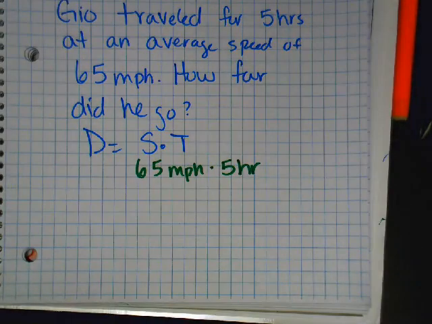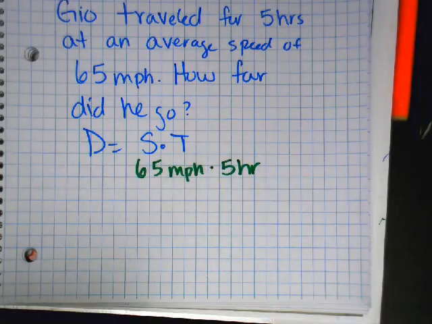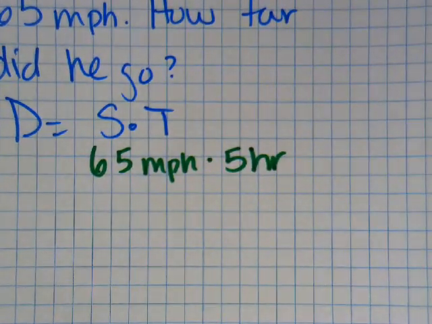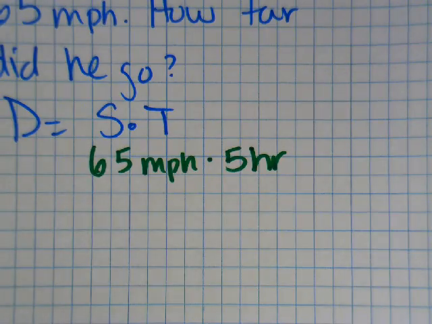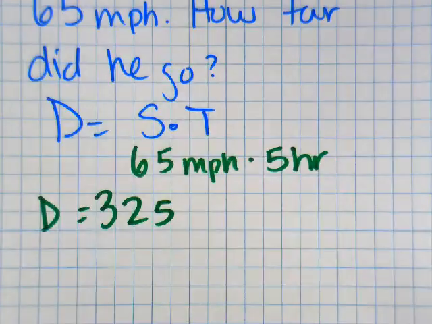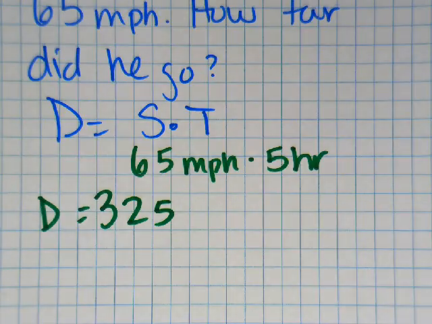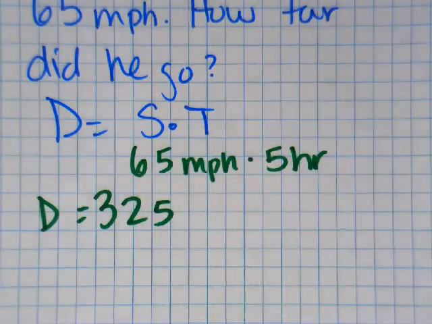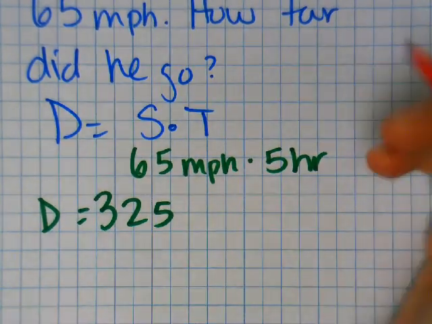Now, I'm going to grade you on the units. I'm not just grading you on the math. So here's how you're going to do units. Let's do the easy part first. What's 65 times 5? 325. Okay, 325. Now, if you just tell me 325, you're half right, which means you have an F, because half is 50%, an F. How do I do the units? Listen to me carefully. The units, if they repeat, cross them out. So what repeats? H. Cross it out.